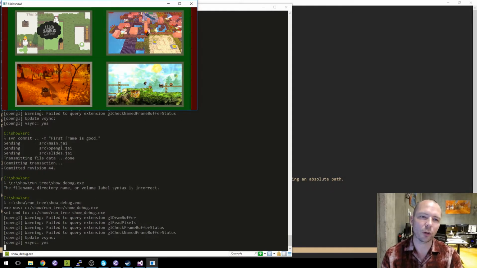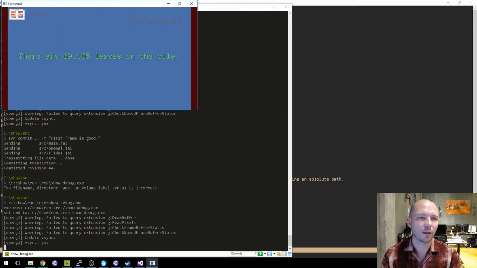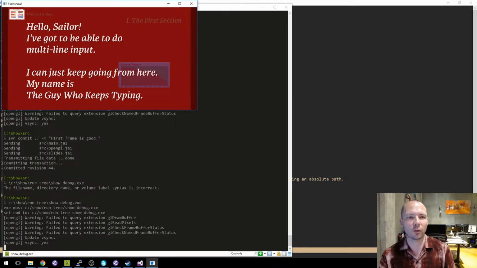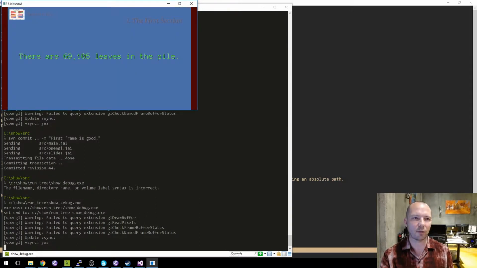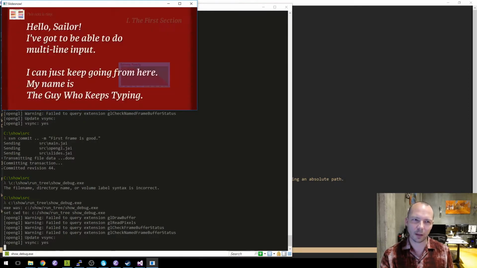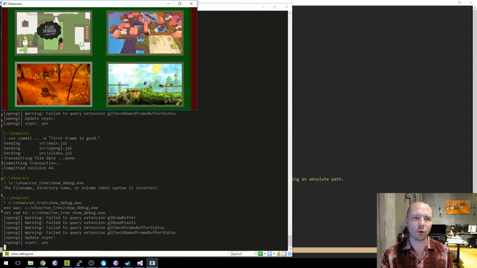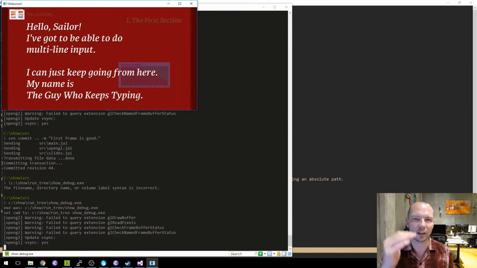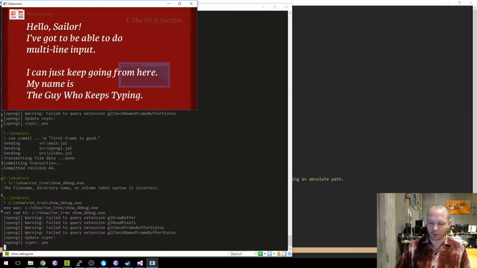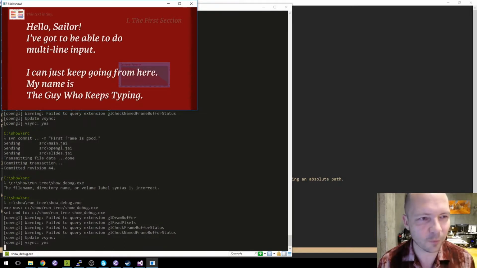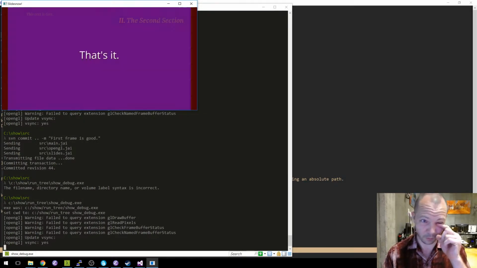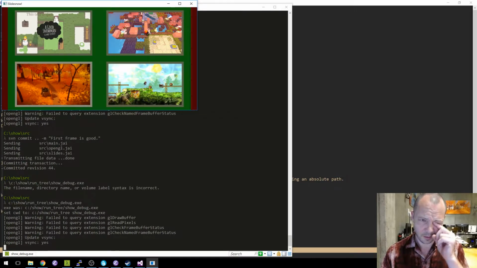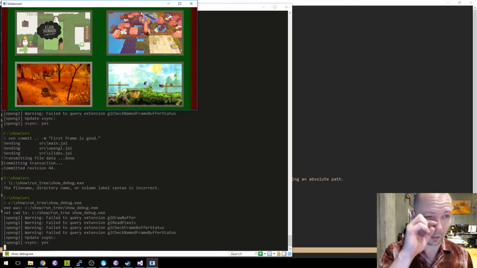Well, we're showing 4 on the first slide, but we're not showing this one, which is the 5,000 one, which is probably taking over half the time, right? So if we demand load that, that's better in some sense because we don't pay for it when we start, but it's worse because when we flip to that slide for the first time, we would get a little hitch. So I mean, we could do something crazy like background load them. We'll see. But I don't think it's super important yet.